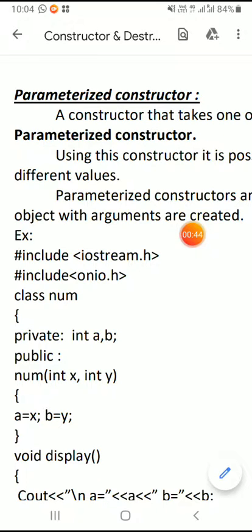I told you about different types of constructors and the naming rules of a constructor. Usually a constructor has the same name as the name of a class. It doesn't have any return type, not even void. You can define or declare a constructor under the public part of a class. Either you can define the constructor inside the class or outside the class by using the scope resolution operator like a normal function definition. But a constructor doesn't have any return type.